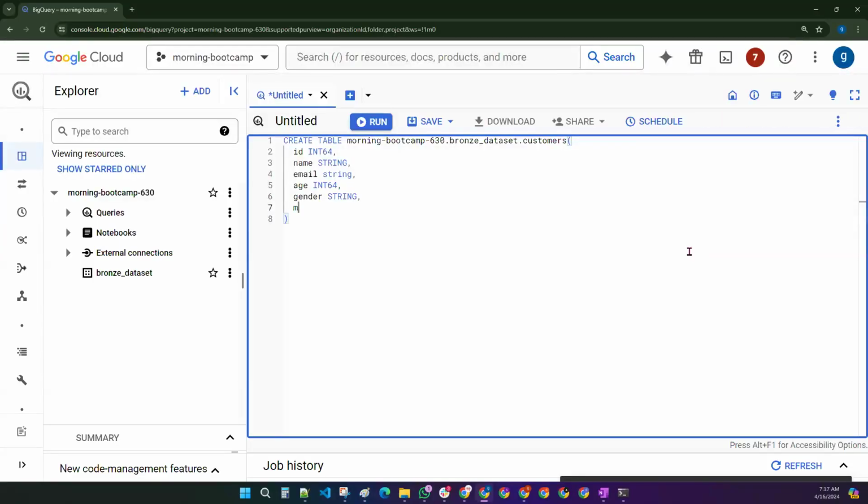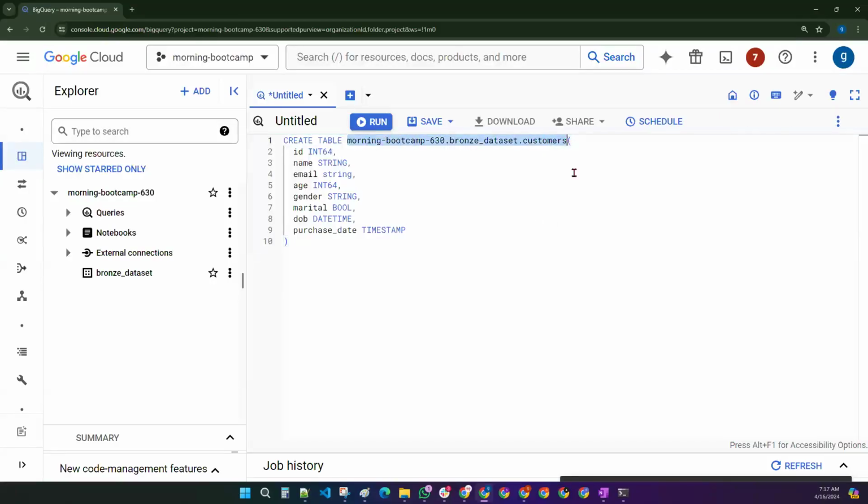Marital status you can go for boolean. Date of birth you can go for datetime. Okay, so this is how. Purchase date, timestamp. So this is how whenever you want to create a table,